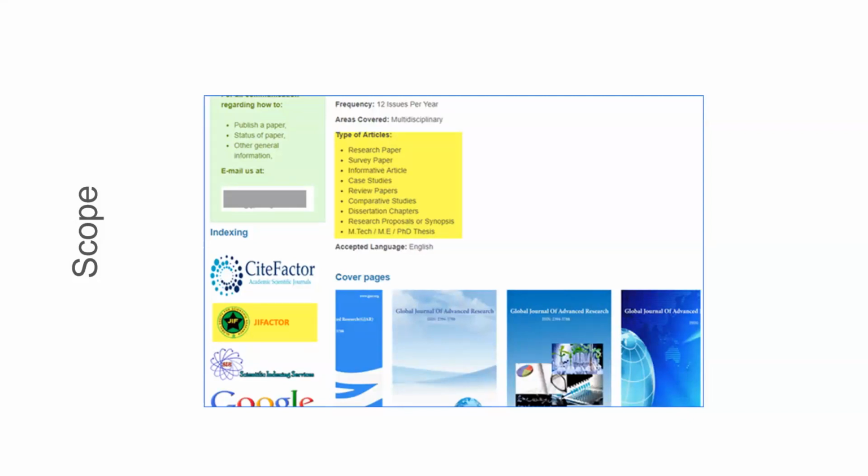So on the left, you can also see that it's referring to cite factor and GIF factor. So these are not legitimate indexing services, and they basically play a little with your mind, in the sense that Scopus has a CiteScore and Web of Science has a journal impact factor. So very similar. It sounds like it could be correct because it might sound familiar, but going into it, these are not legitimate indexing services or metrics.